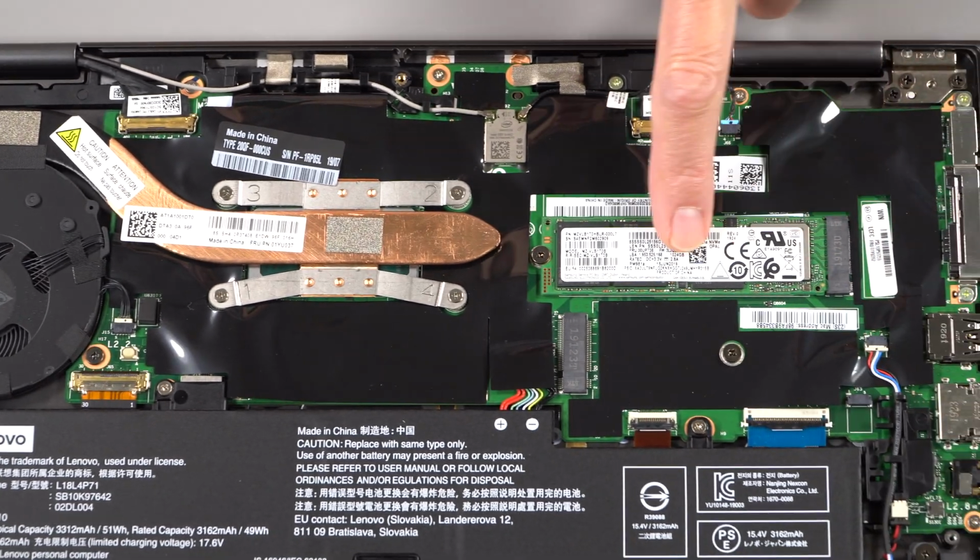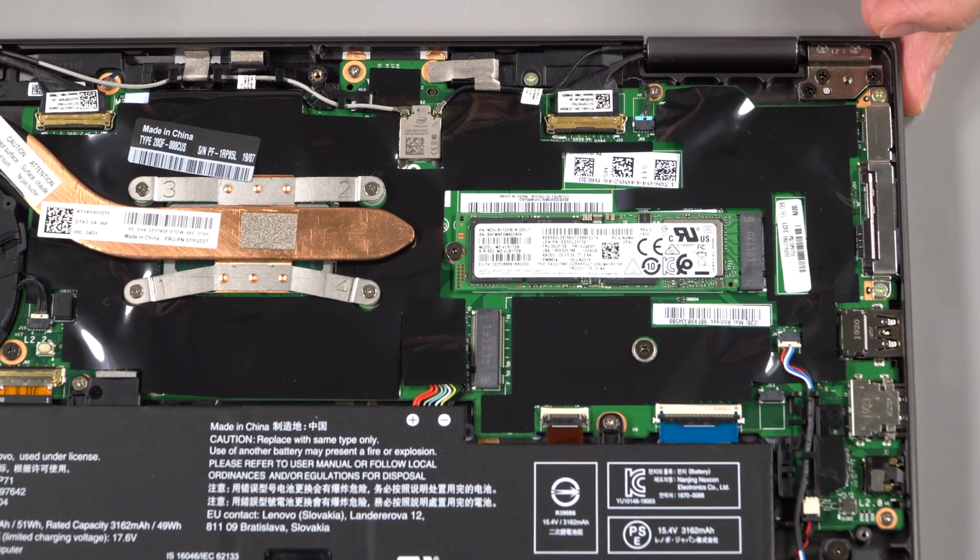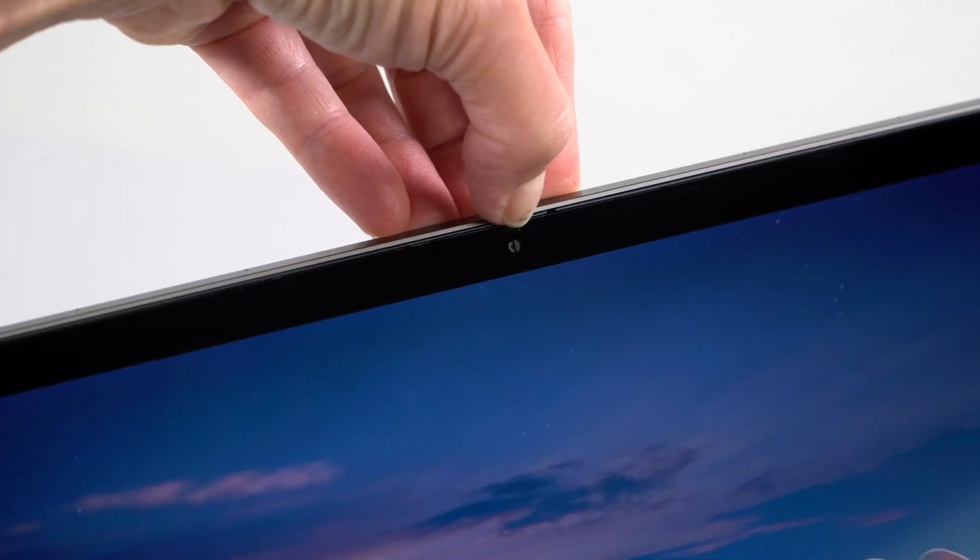You have one M.2 NVMe SSD slot. We have a fast 1 TB Samsung drive in ours, and you can go all the way up to 1 TB, or if you wish to upgrade it yourself later, you can if you really want to get a 2 TB drive, for example. Intel 9560 AC Wi-Fi with Bluetooth 5, a Microsoft Precision trackpad, the usual white backlit keyboards on board here,